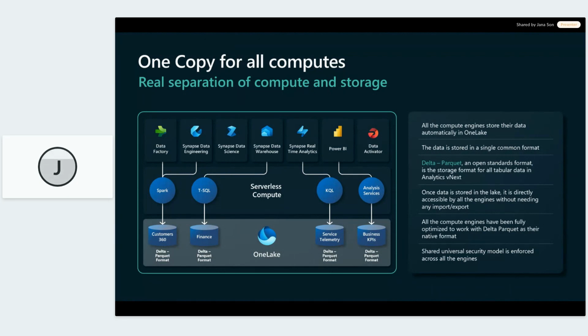This is where we come back to Microsoft embracing open source, because Delta Parquet is, of course, an open source format. So for Microsoft, this is a big departure from their own proprietary storage format for SQL databases, and it's a huge change, actually. And by going for the Delta Parquet format, it opens up a lot of opportunities for us in building a more flexible, but also more interoperable analytics estate as such.